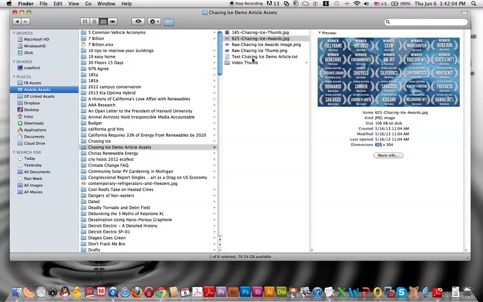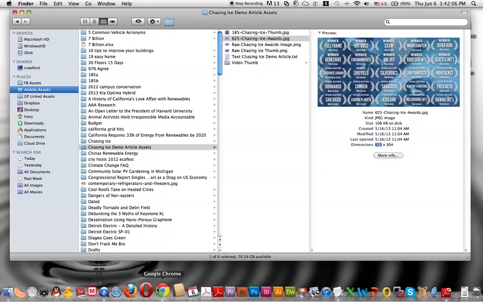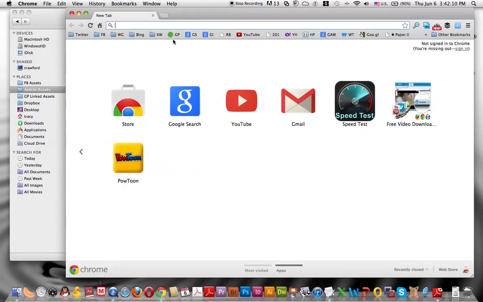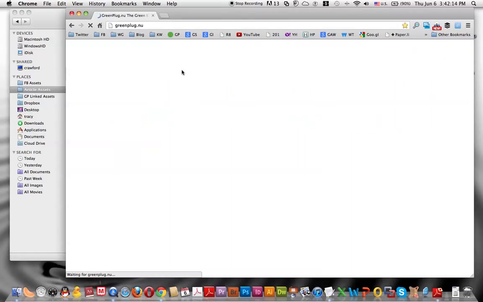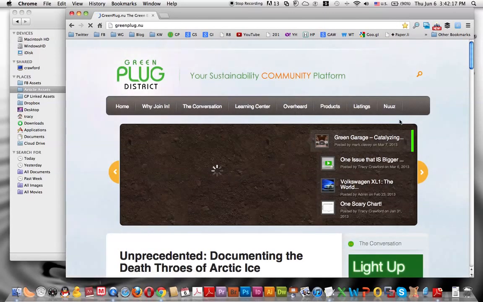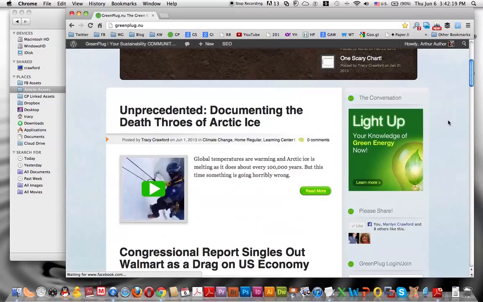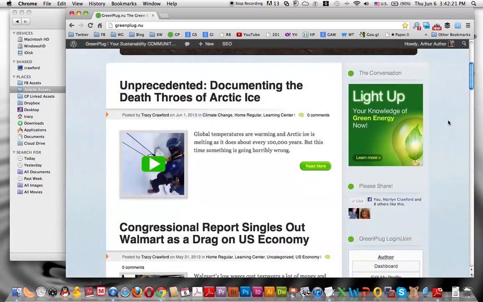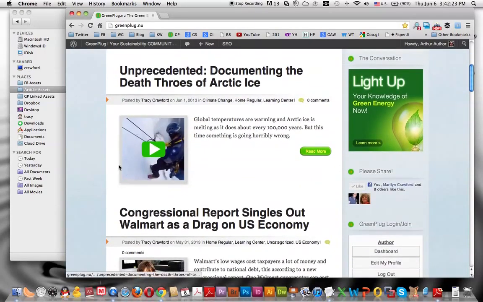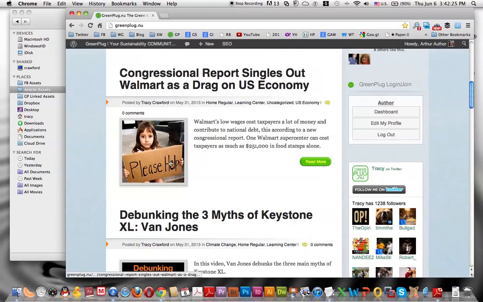The next thing you want to do is you want to create a thumbnail. Now first let's go to the site so I can show you why we want to create that thumbnail and what it looks like. Okay, I've got it bookmarked here. GreenPlug, we'll let that load. Okay, scroll down a bit to some of the articles. Here we go. This is the thumbnail image for the articles, and this image is 185 pixels by 185 pixels,